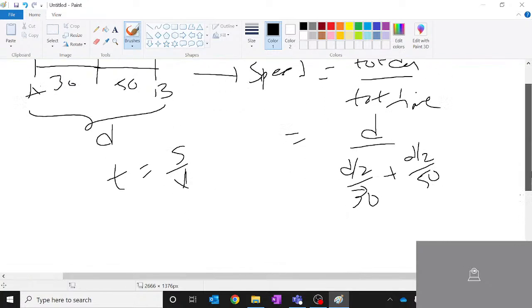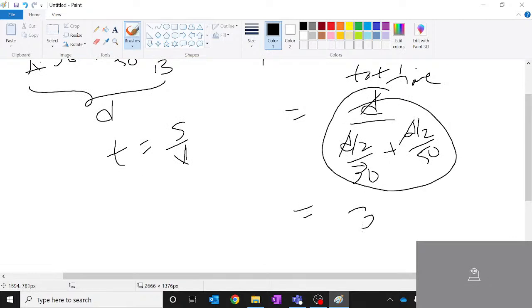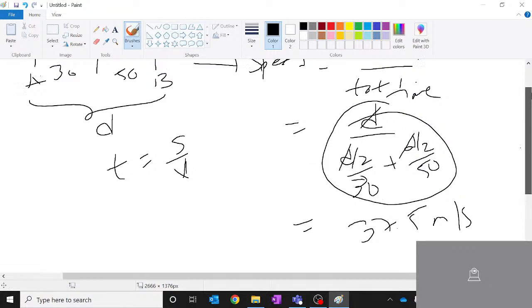Now from this, all you have to do is find the LCM. I can take d common and the entire thing I can cancel out. If you solve for this, you get 37.5 meters per second. More than the solution, I want you to give a thought to the concept that we have taken,